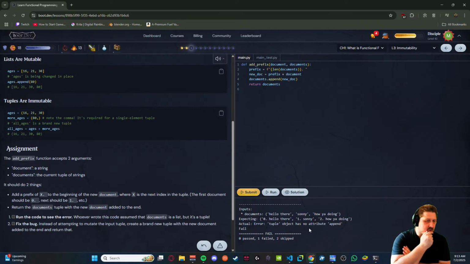Function accepts two arguments. Document is a string, documents the current tuple of strings. Add a prefix of X to the beginning of the new document.